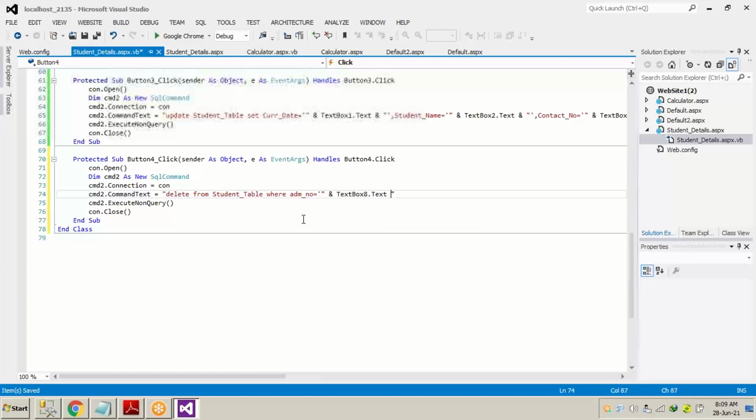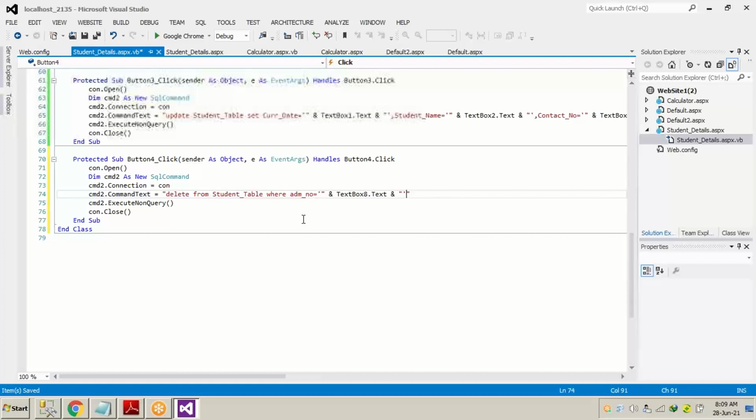That's it. We have to write an admission number, because admission number is the primary key. We delete the entire record of whatever admission number we put in textbox 8.